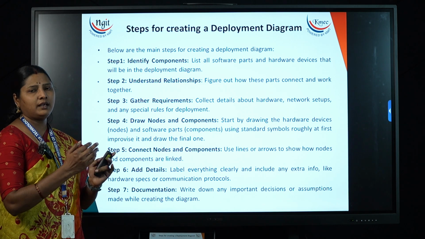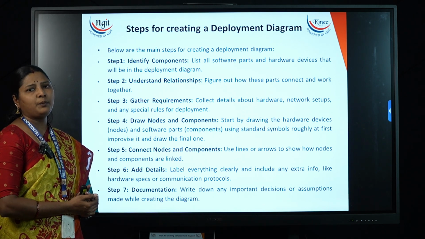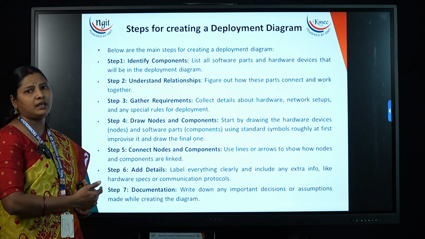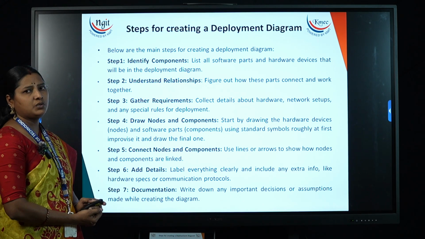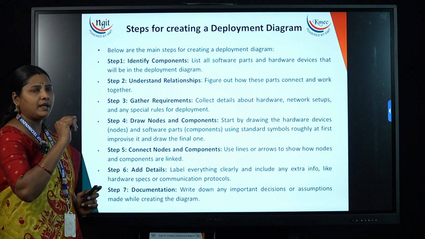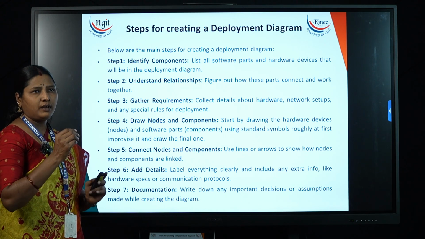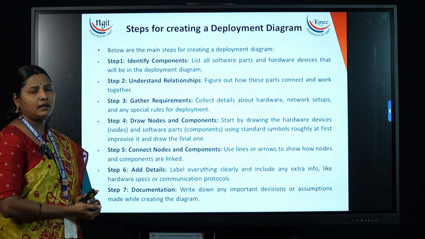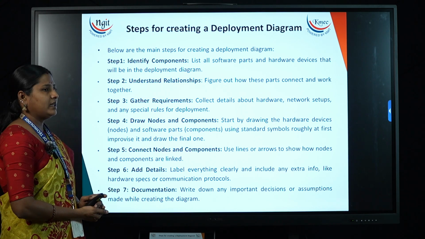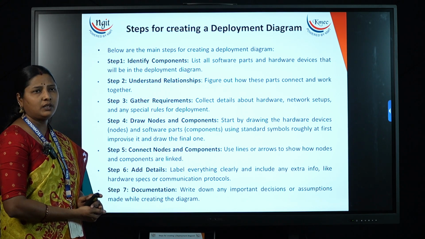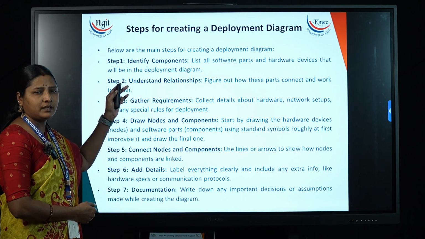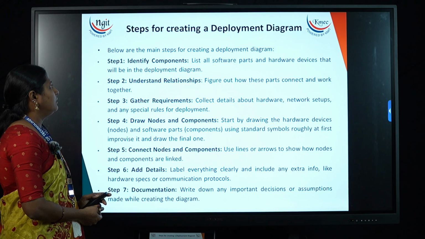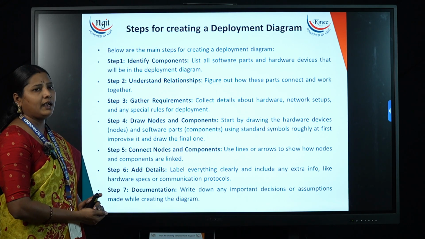At the same time, make sure that they do not have any compatibility problem and that they support that piece of software. And the next one is adding the details. So a label is used to add the details. Every time we need to mention the comments whenever we are going to draw the overall model. And the next one is the documentation. This is much more important, as we know that we need to make documentation for the overall models. So all these are the steps you need to follow whenever we are going to create a deployment diagram.